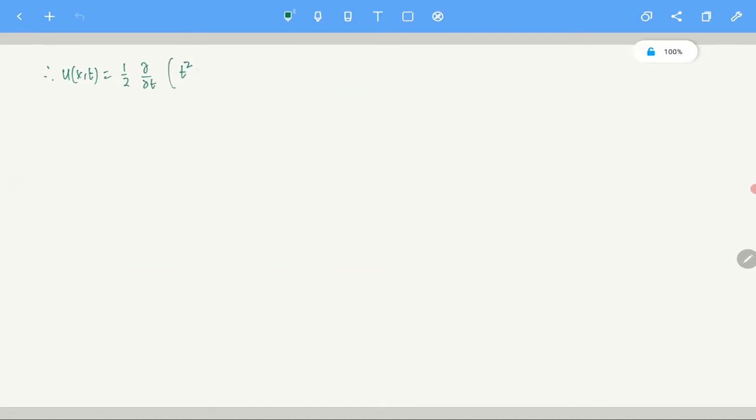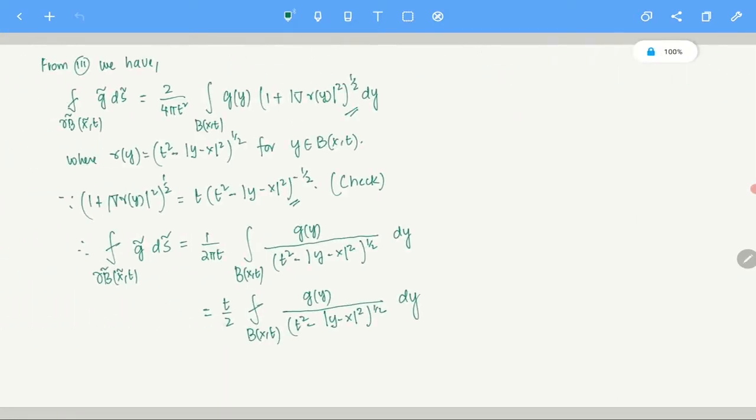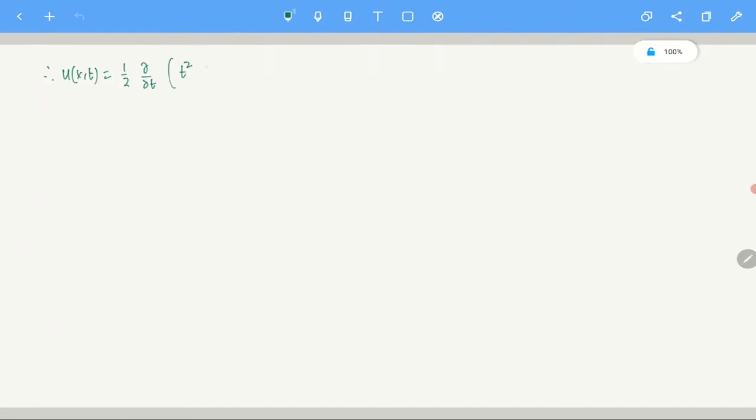This half is coming from the t by 2. And then the average over bxt of g of y by t square minus y minus x square, whole power half, dy, fine, plus